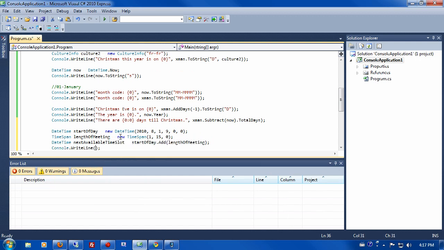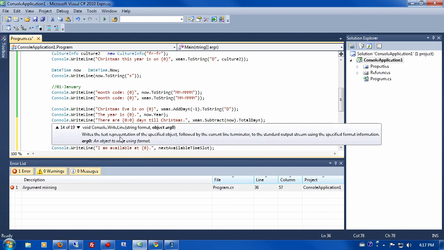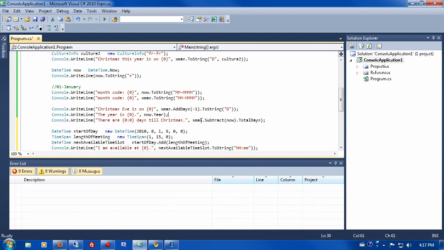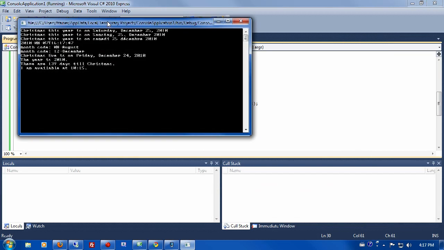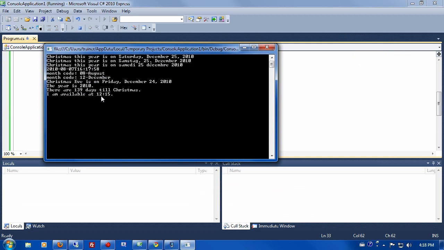And we can display it. I am available at this time. And that is next available time slot with it formatted in, let's put it at hour, minute format. And we'll look at how that looks. And it says I am available at 10:15, which is correct because 9 o'clock plus 1 hour and 15 minutes is 10:15. If we change this to 11 o'clock and run it, we see that he's then available at 12:15,